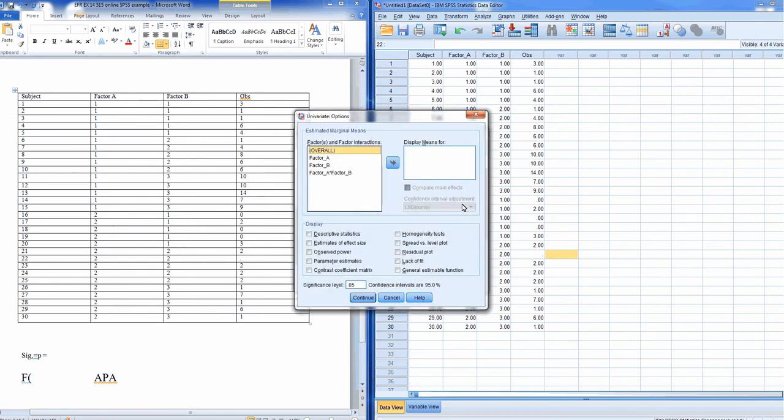Now, I also want to go to Options, and I want to get the means out, the descriptive statistics. So here's our options: the overall mean, the factor A means, the factor B means. These are marginal means, and then the interaction. So I'm just going to select all those. I just held down the Shift key, clicked through them. I'm going to bump them over and just ask for descriptive statistics. Okay, because in the reporting of this in a